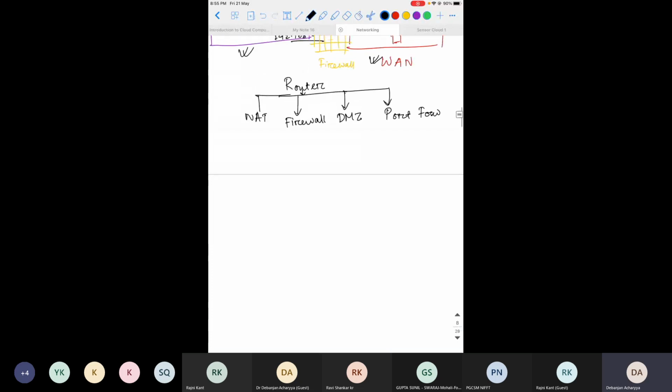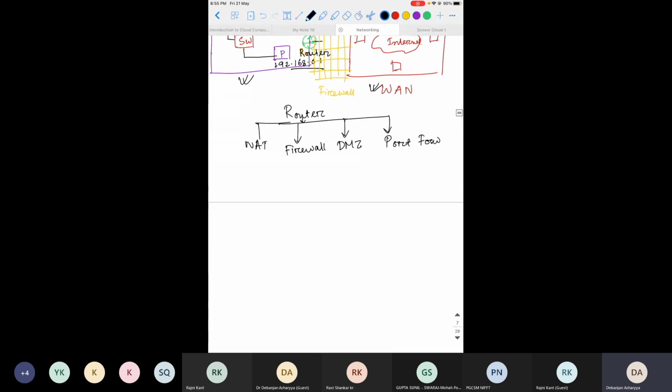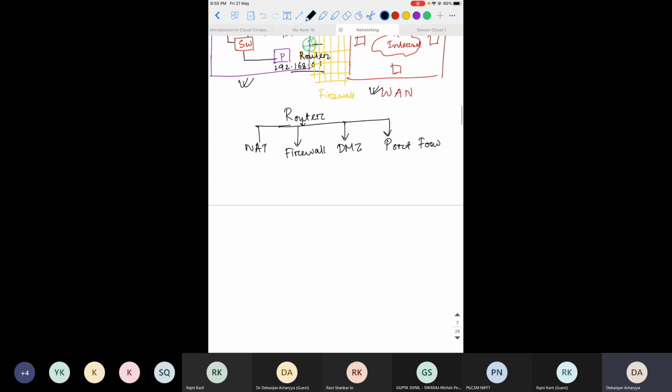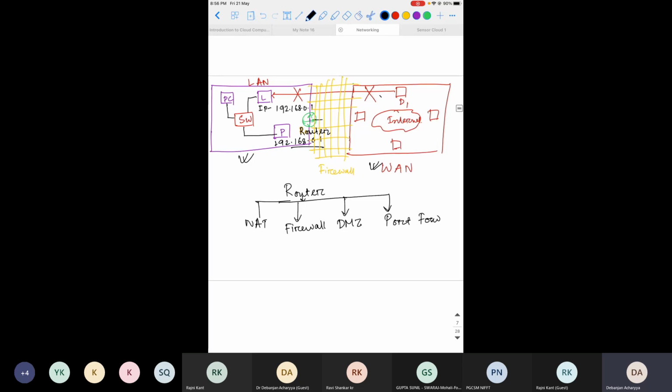So what is NAT? Network address translation, or NAT, is a method of remapping an IP address while it is in transit across a traffic routing device. That means, in simple words, by using NAT, this IP address is camouflaged before being exposed to the internet, because there may be a security risk.